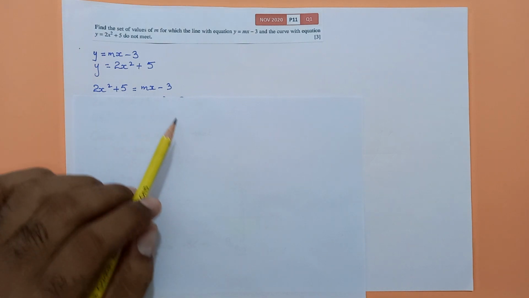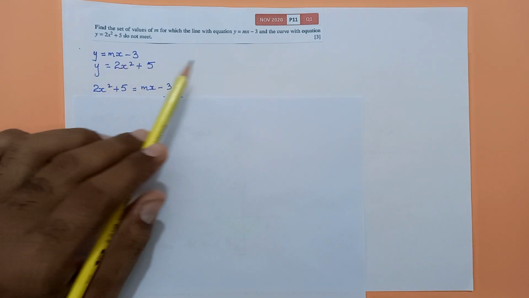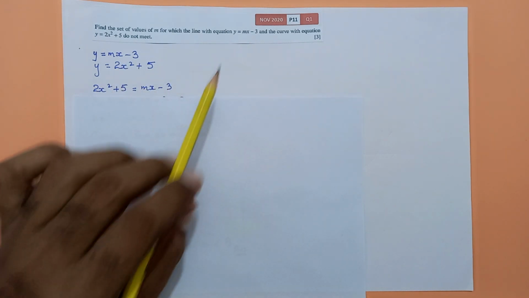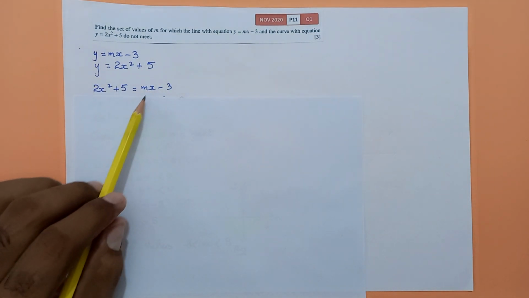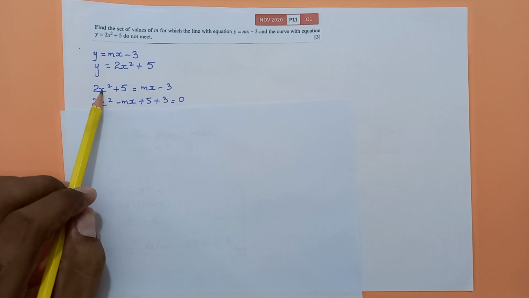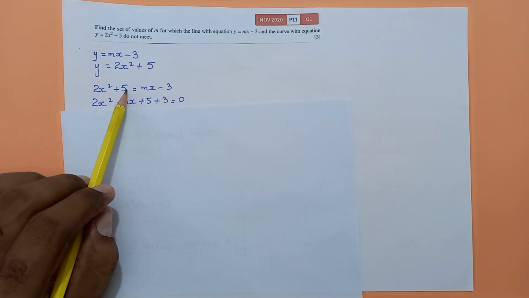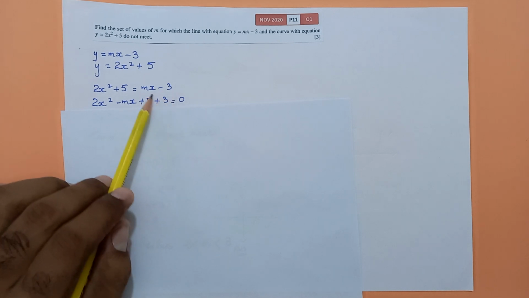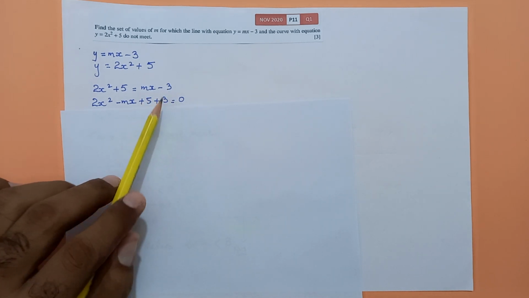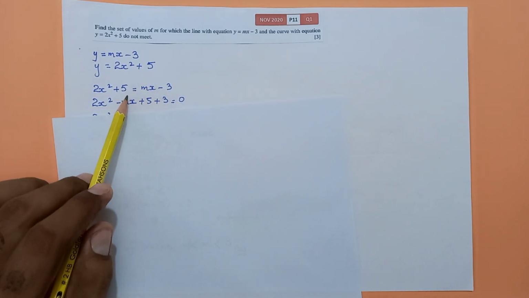So the very first step that we have to do is to equate both of them. Both the equations are in the form of y, so just equate them, make both of them equal: 2x square plus 5, which is the equation of the curve, equal to mx minus 3, which is the equation of the line. And after that, rearrange it